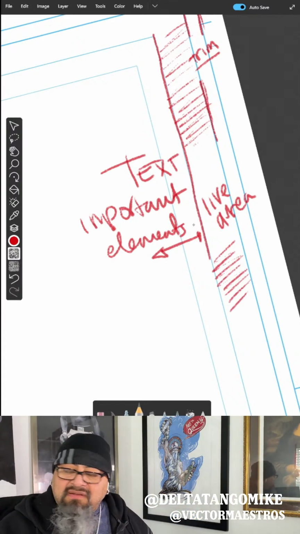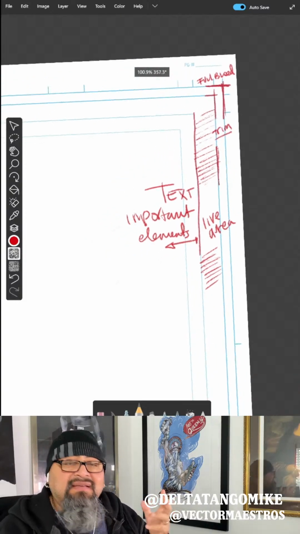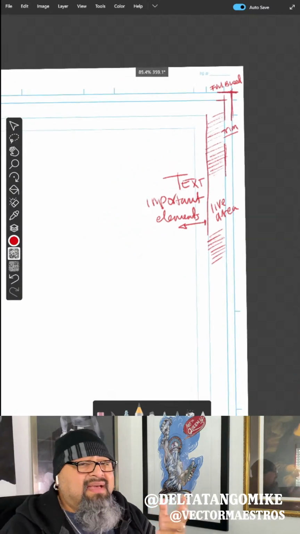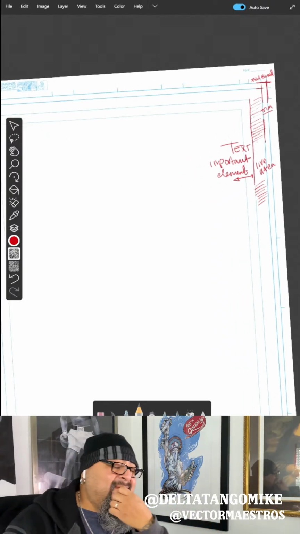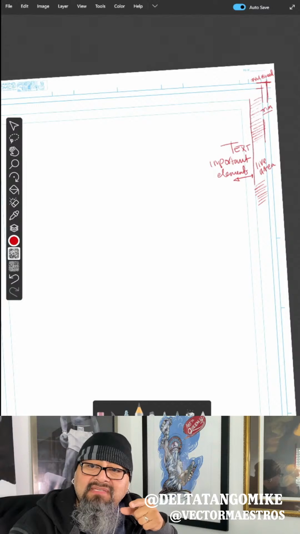So this is how you read a template, and this is the kind of template that I look for. I look for a template, and I have made some of my own, and I don't know where they are right now. I looked. I think I didn't look at my external drive.